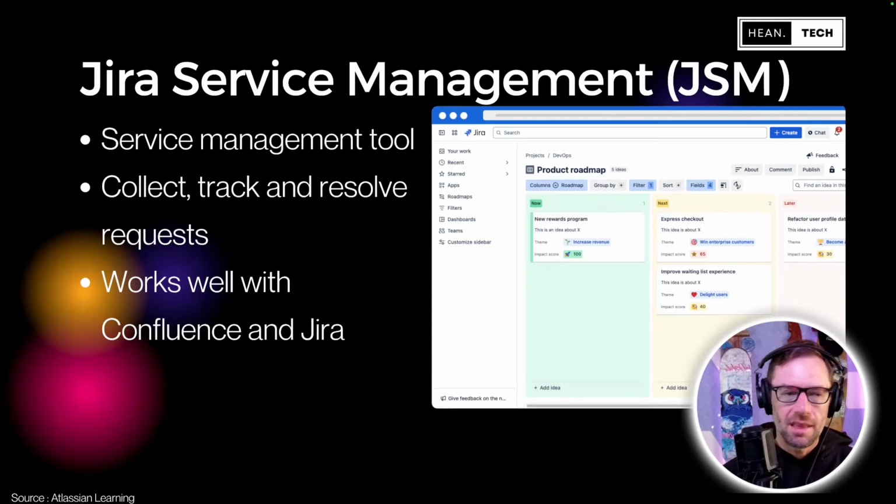Now, within Atlassian, we have Jira Service Management to support all of the service management. When we think of Atlassian, I don't think of ESM or ITSM. I just think of JSM, Jira Service Management. This is the tool that most people interact with as a customer. They go to a portal, put in a ticket, a work item, someone does something, and their thing is fixed. It's also the main way the support team interacts with Jira.